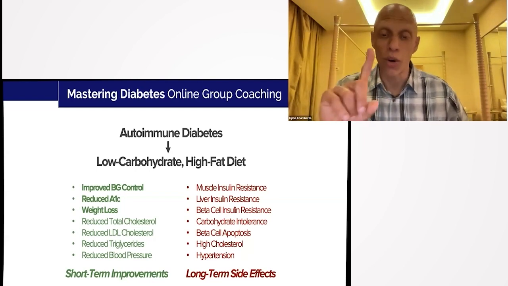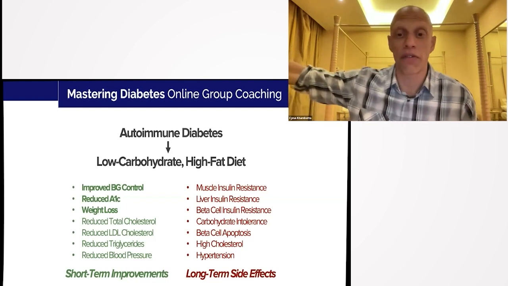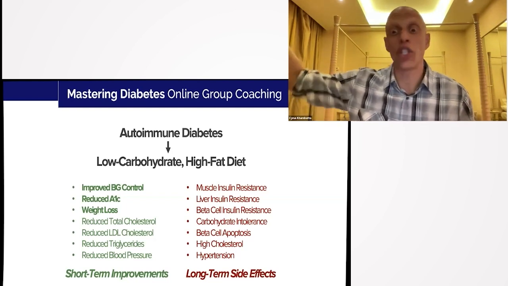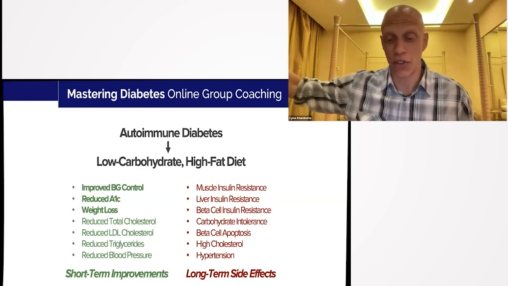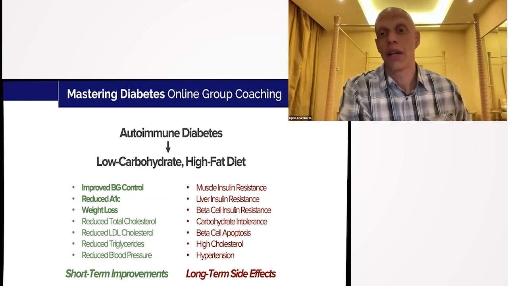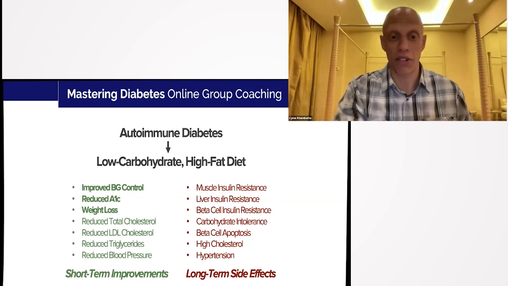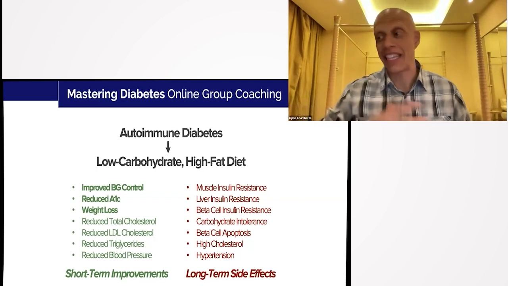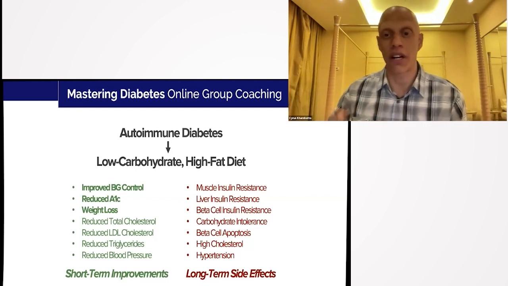What they don't know is that if they literally hit the fast forward button and go to 5 years in the future, and then take a look at themselves, the picture that they're going to see of themselves 5 years from now does not look like the picture of themselves 6 months into the process, because that picture of them 5 years down the road is a lot worse off than they are right now. So you get all these short-term improvements that then become long-term medical liabilities, because the insulin resistance process takes time